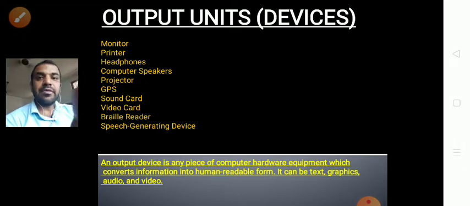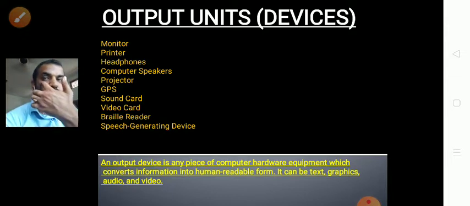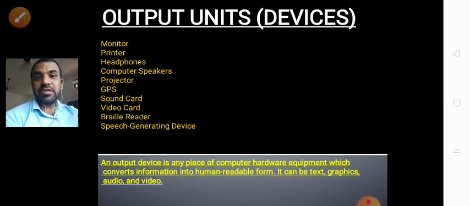Some of these devices are used basically by you or your family members, and you can see these devices in your computer lab also, like monitor and printer. Speaker is not available but projector is there. So we can discuss all the output devices. Firstly we discuss the monitor. Monitor is your screen where you can find the text, graphics, all the things.